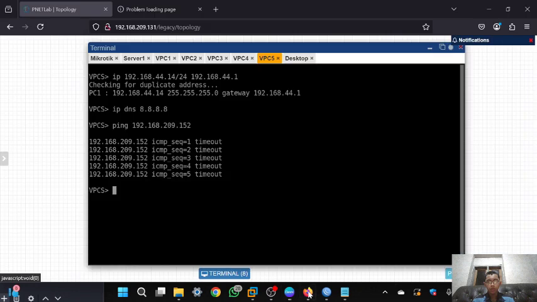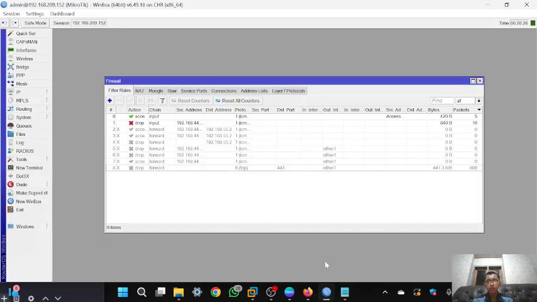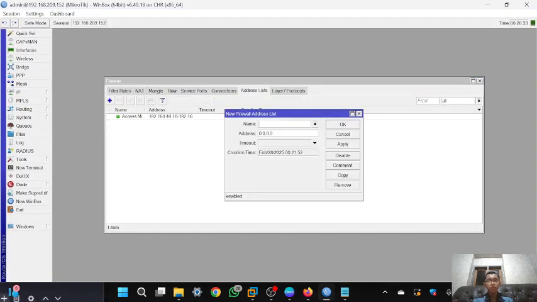So first, I want only VPC1 until VPC4 to be able to access the internet, but VPC5 cannot access the internet. So first, I will make the address list in here, and the name is internet.